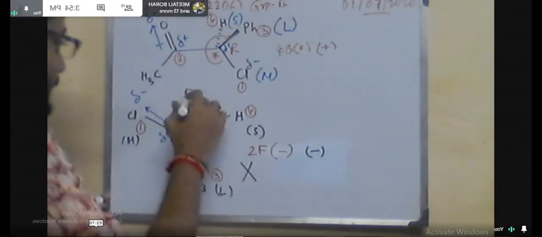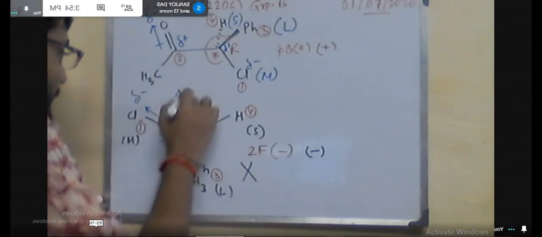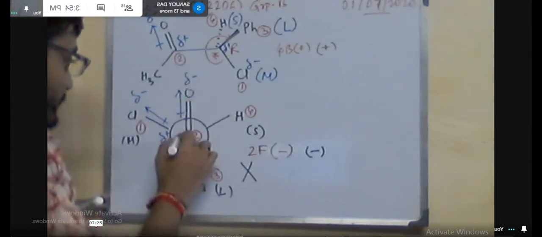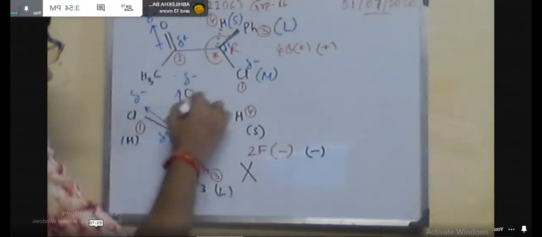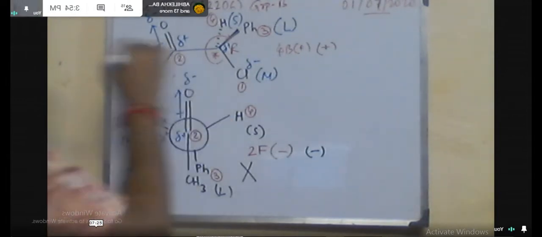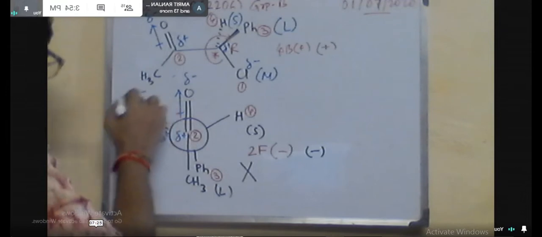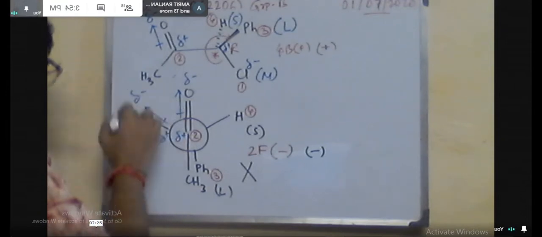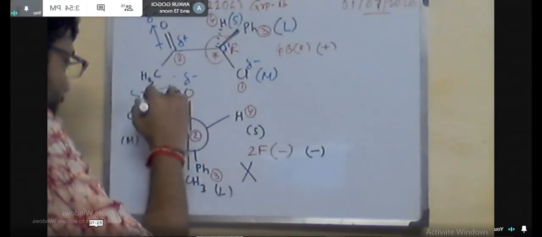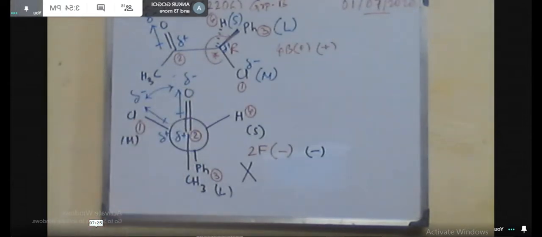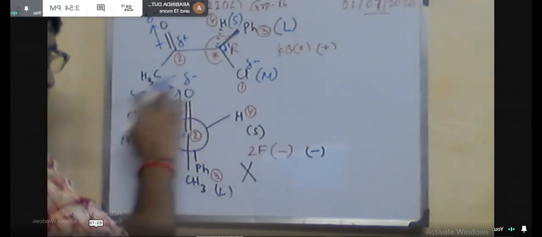So when some electronegative group or a group having strong minus I effect is attached to the chiral center, then whatever the size of the group, it may be medium, it may be small, or it may be large, you have to keep in mind that that group will always be feasible in the anti-periplanar conformation. So the actual model will be like this: